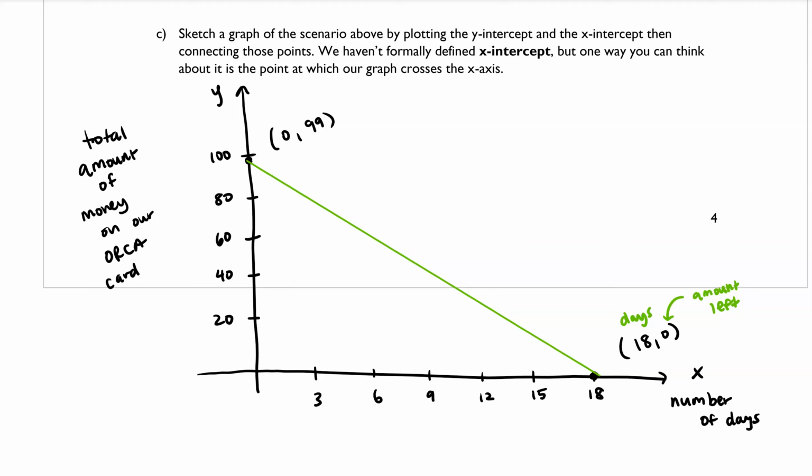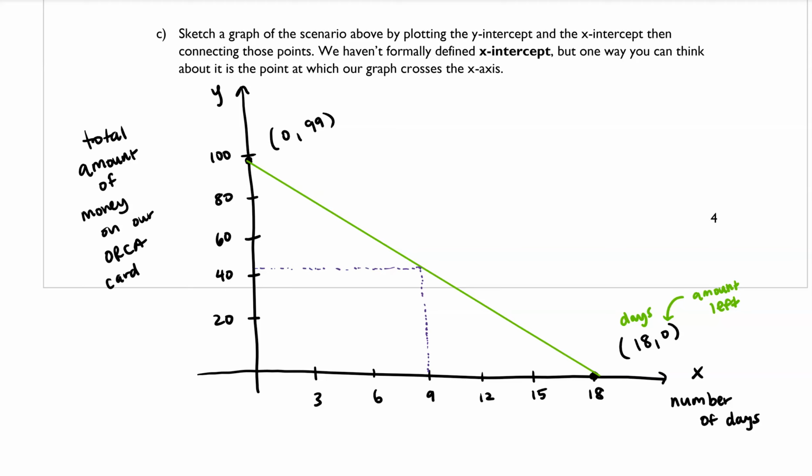And why does this line help us? Well, let's say we wanted to know how much was on our Orca card after 9 days, we could go up here and then read it off the graph, although unfortunately this isn't the most clear. It looks like after 9 days we'll have a little over $40 left,